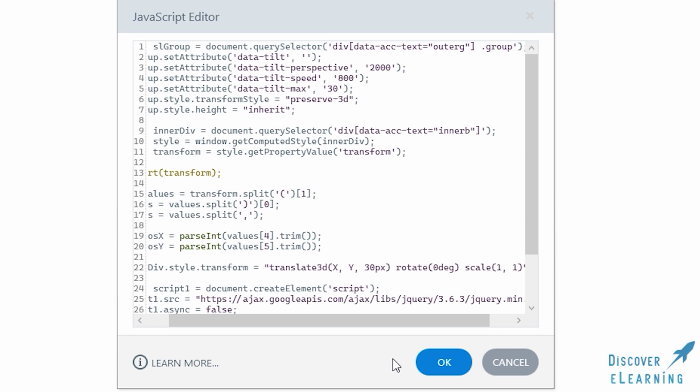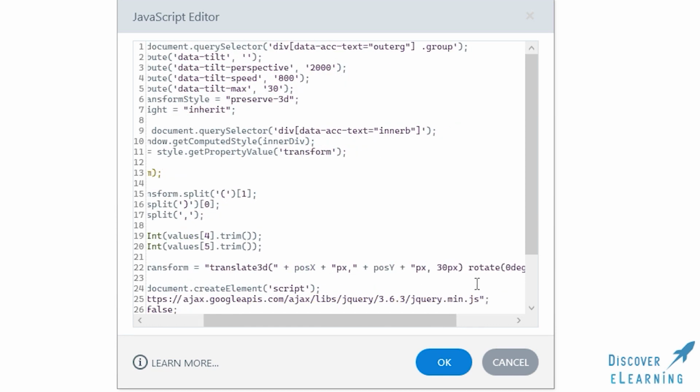And now whenever we need to write a variable value in place of a static value, we just need to add a closing speech mark and then include the name of our variable with a plus symbol on either side, and then reopen the speech mark in order for the code to continue. Once both x and y variable values are in place for your code, it should look something like this.